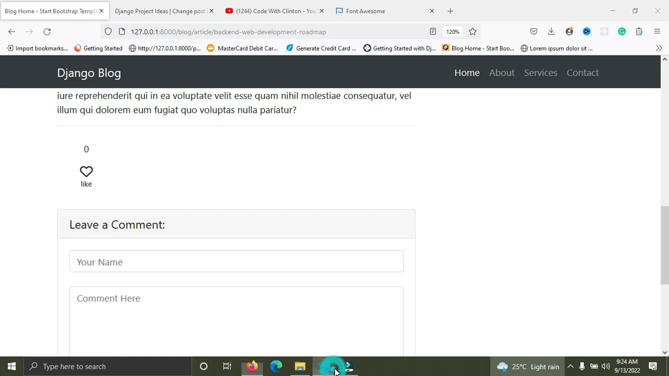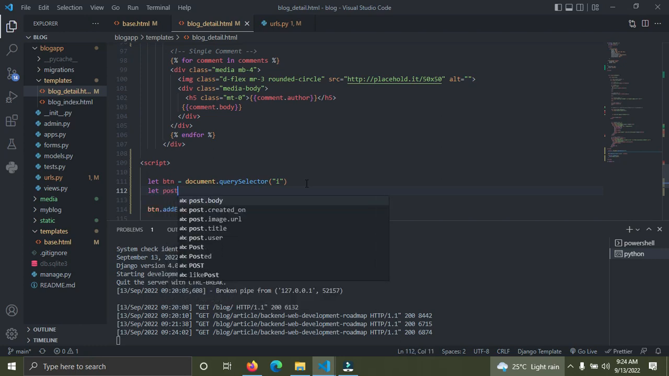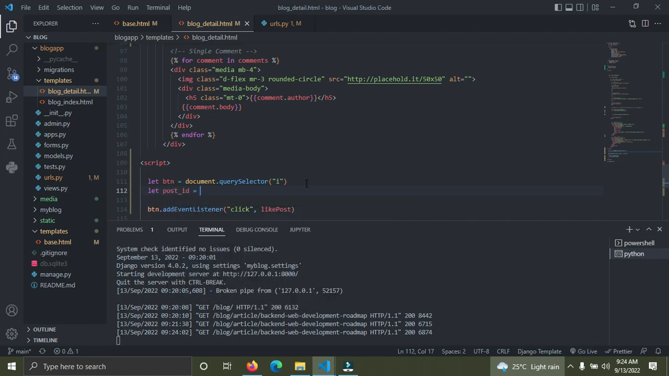So right now, just up here, I'm going to create a new variable. I'm going to call this variable post underscore ID, post_id. So this variable is going to hold the ID of this blog post. Understand? So the ID is going to be